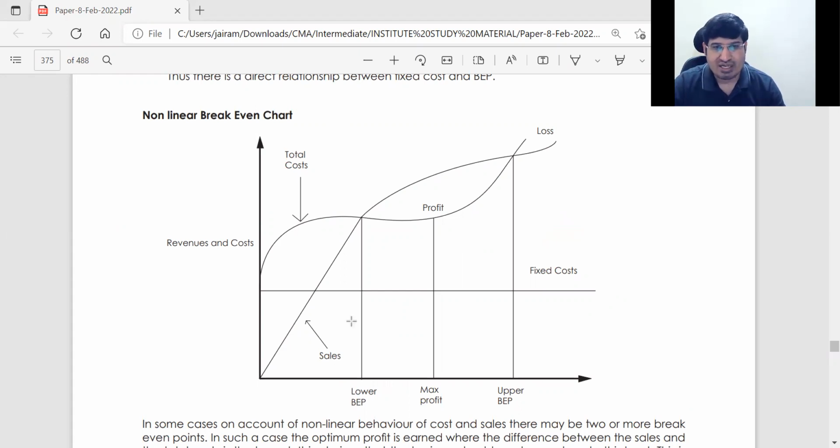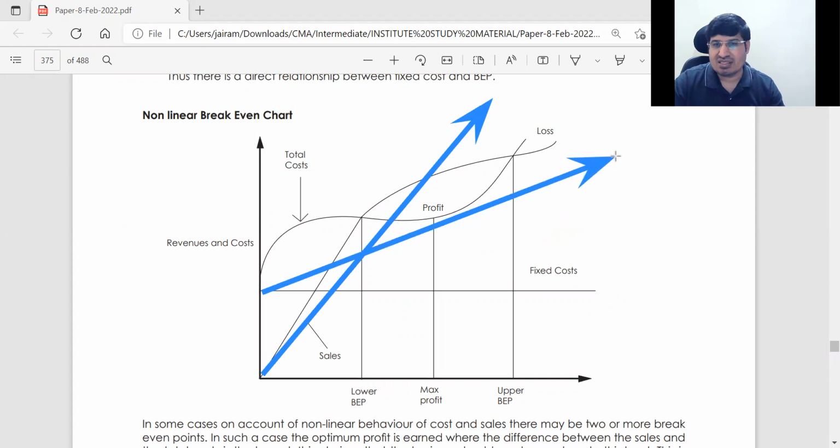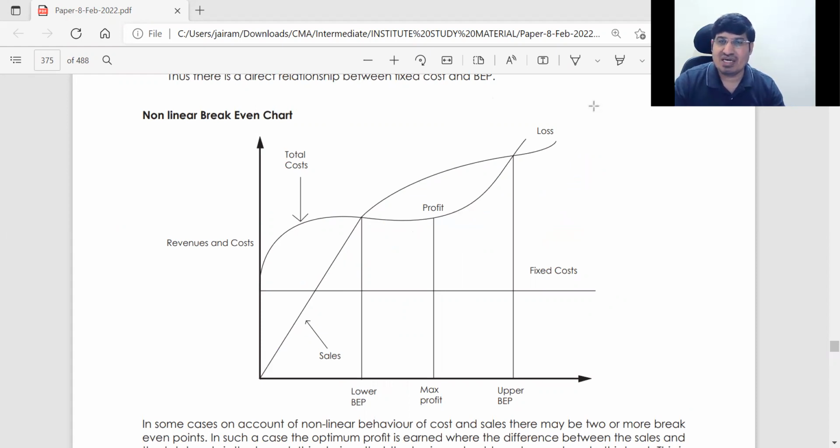See, होता क्या है ना इन प्रैक्टिकल सिनेरियोस, so जो whatever charts we have seen earlier, okay, like sales line was like this, okay, cost line was like this, ठीक है। but normally what happens कि in reality all your selling price is not same, okay। when you are selling it in different markets you go with different prices, ठीक है, depending on that market। so it is not always a straight line relationship, जैसे here they have shown selling price goes straight till here, after this it is not a straight line, it is just a bent line here, okay, and from here it is going up like this again, okay।